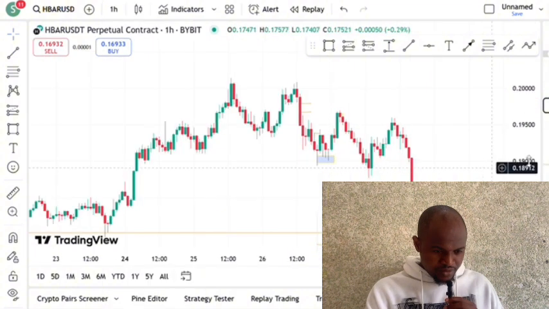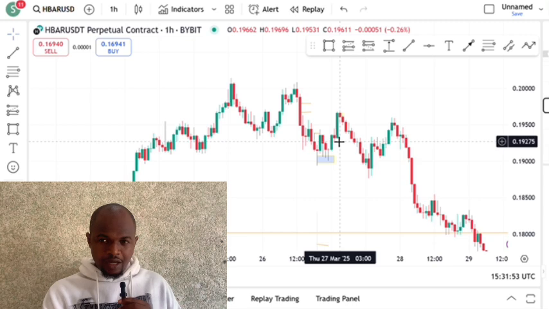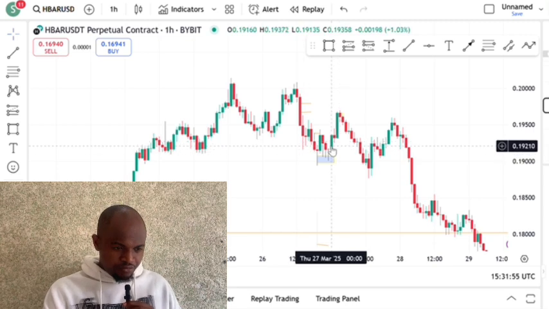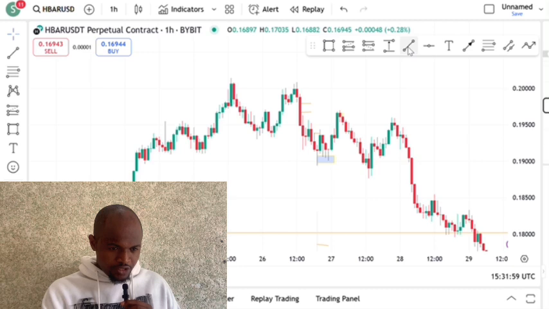In a 1 hour time frame, this is the order block here, so it doesn't, so you can see that there are two green candles here and a red candle in between, so there's no fair value gap that happened there. But a typical example of a fair value gap is what we see in this particular place. You can see that there is a gap,